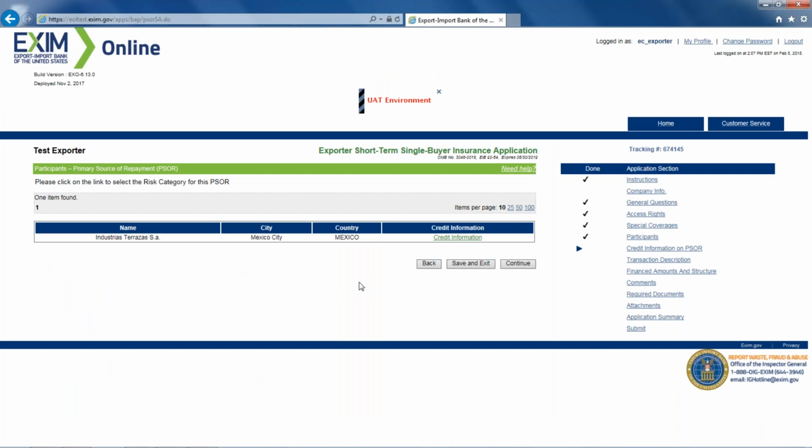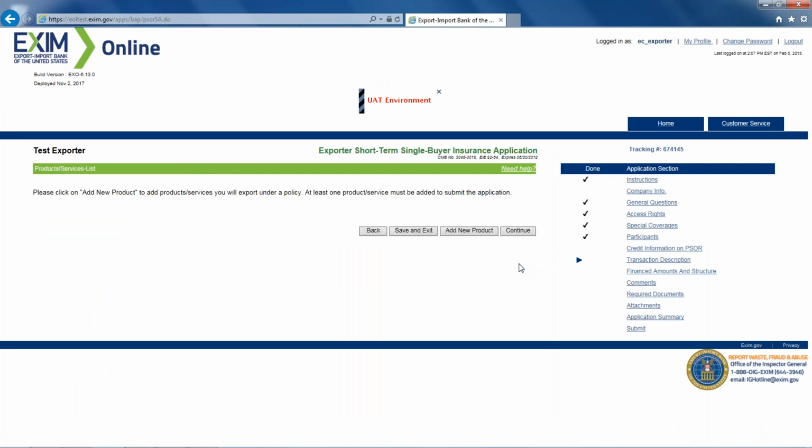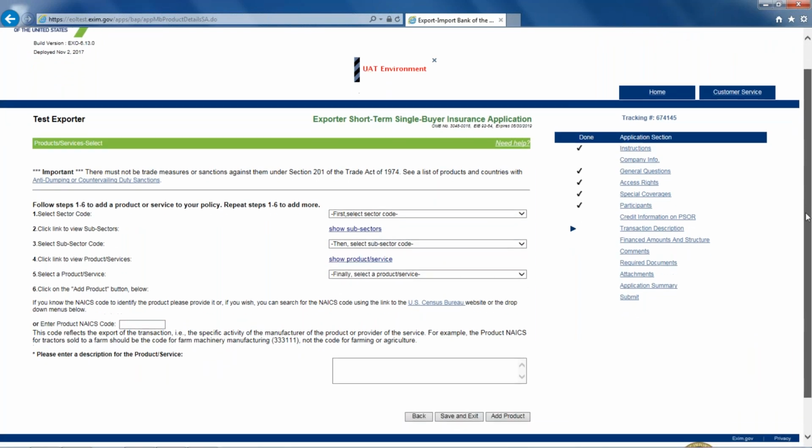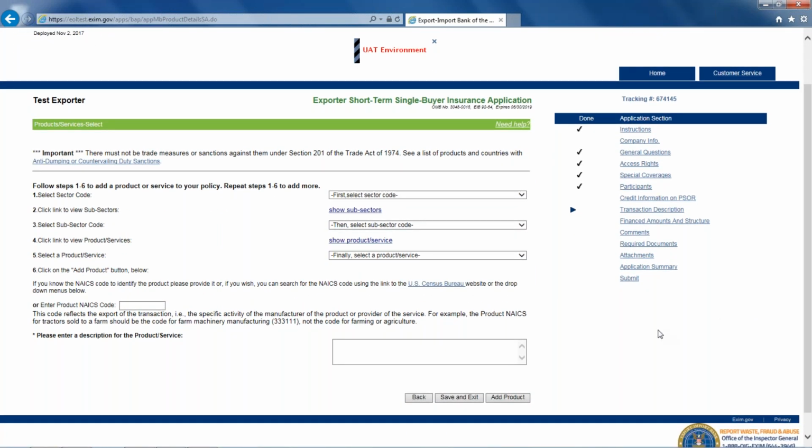So we're back to our screen here, and now I can press continue, I believe. Right. So now we're moving on to the product section of the application. And on this screen, we will just click on add a new product. We need to tell Ex-Im Bank what products we're actually shipping here. Now, there's two ways to complete this particular screen and provide this information.